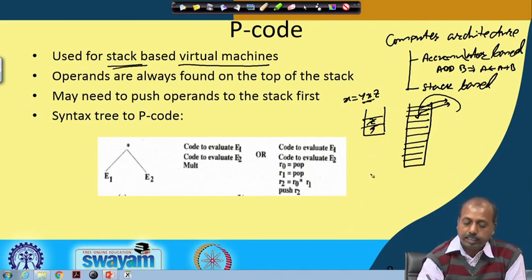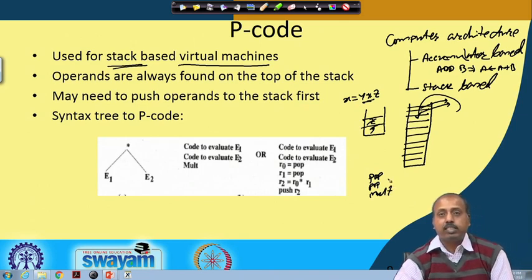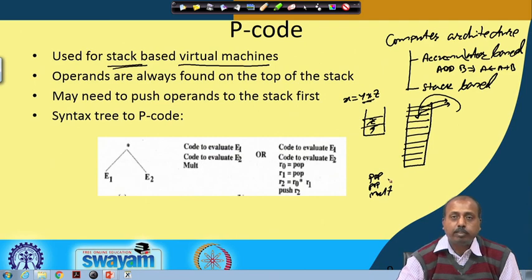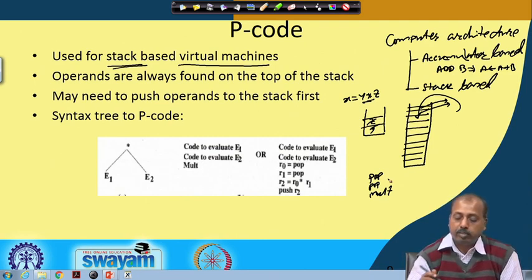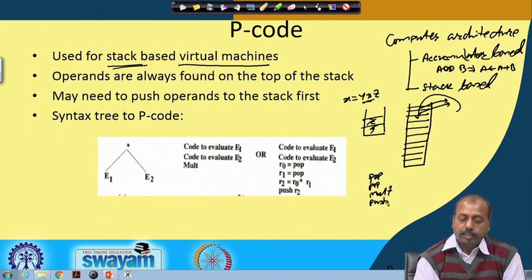You can say it is as if it does two pop operations to get y and z, and then it does a multiplication. Or in some cases, you can say that the multiplication operator automatically pops out the two topmost entries from the stack, does the multiplication on them, and then pushes the result back onto the stack.